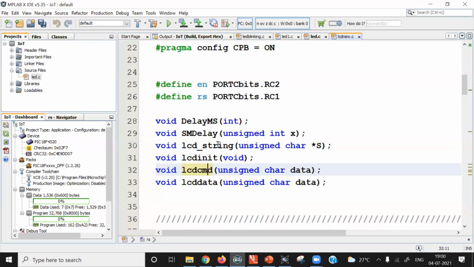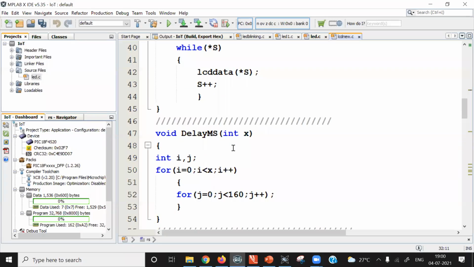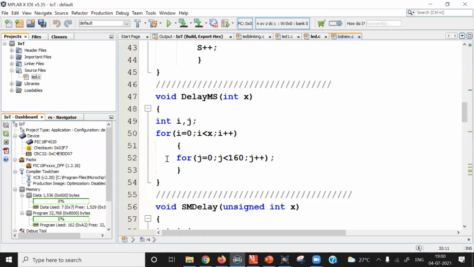Now let us understand how to write these functions. The delay_ms function I have already discussed. Using two for loops, one for loop inside another for loop, we can generate delay, and the overall delay is controlled by this x, and the x value we pass from the main program or from another function. So depending upon the value of x, we get the required time delay. For larger x, we get larger time delay.